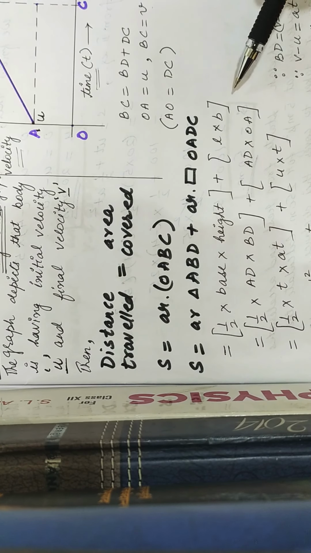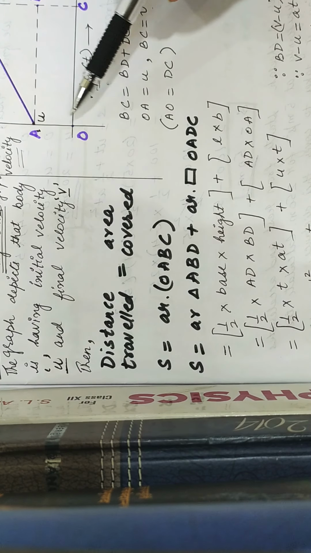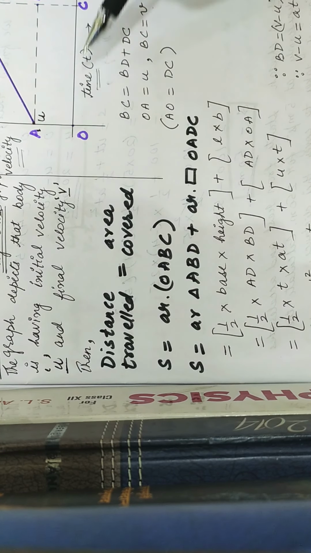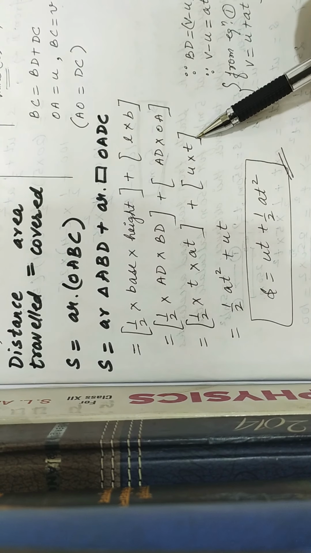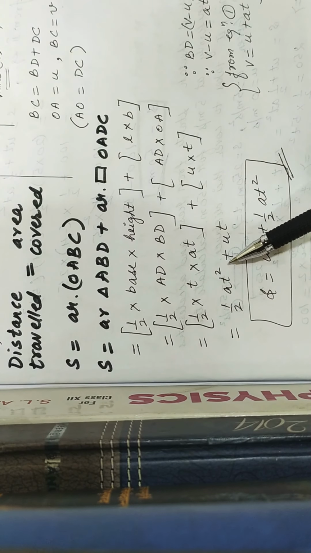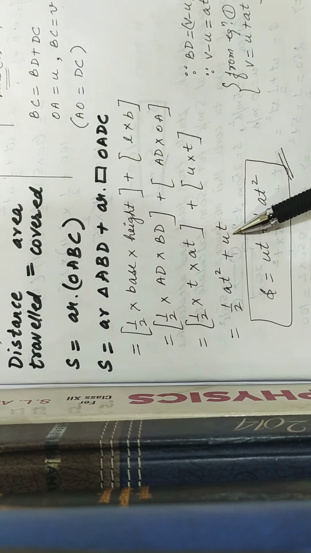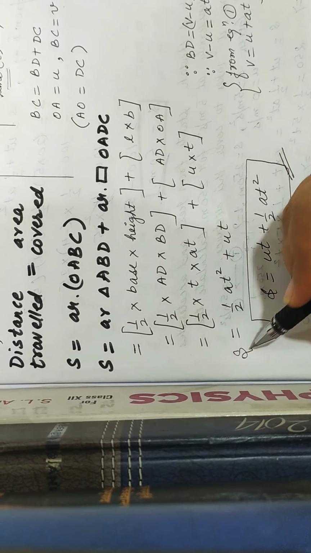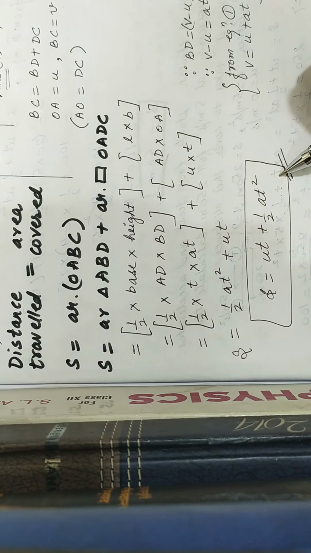plus the value of OA, which from the diagram is u, and the value of AD is t. So, we can write it as u into t. So, this becomes half into t into at, that is half at square, plus ut. Rearranging, we can write S equals ut plus half at square,